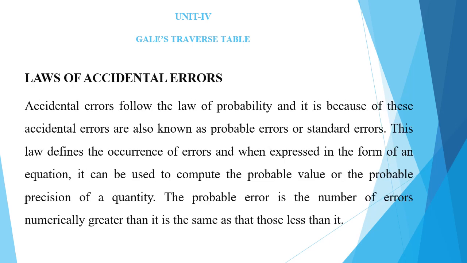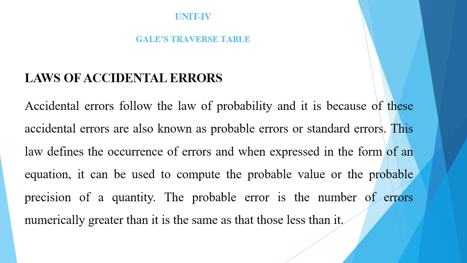Laws of accidental errors. Accidental errors follow the law of probability, and because of this, accidental errors are known as probable errors or standard errors. This law defines the occurrence of errors, and when expressed in the form of an equation, it can be used to compute the probable value or probable precision of a quality